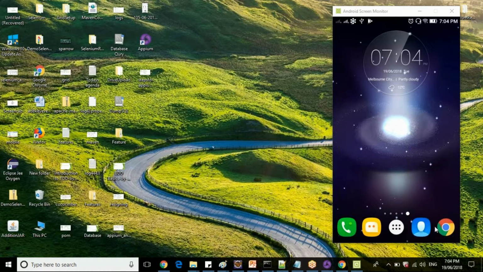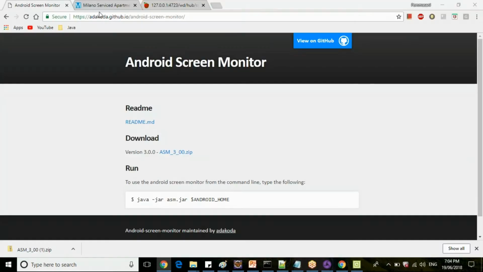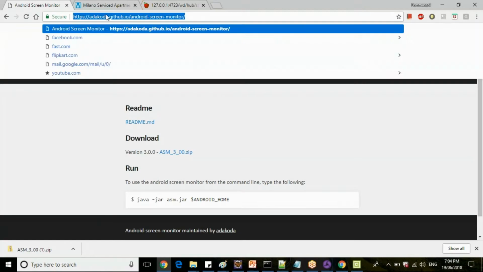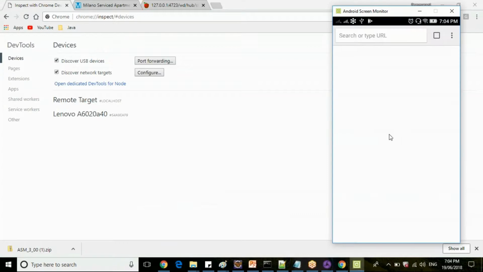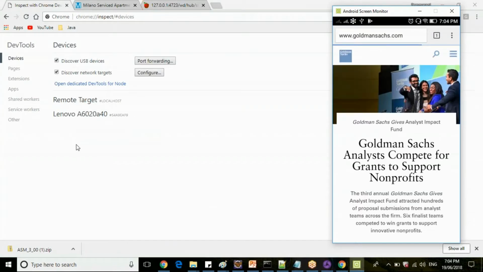But if you want to inspect your Chrome, similarly in Selenium, how you were doing F12 developer options and you were inspecting your XPath. But now in mobile device, you can just click on Chrome, inspect. So if any active sessions are in your mobile device, like let's say I launched this Goldman Sachs, it will show you here which are the active sessions.